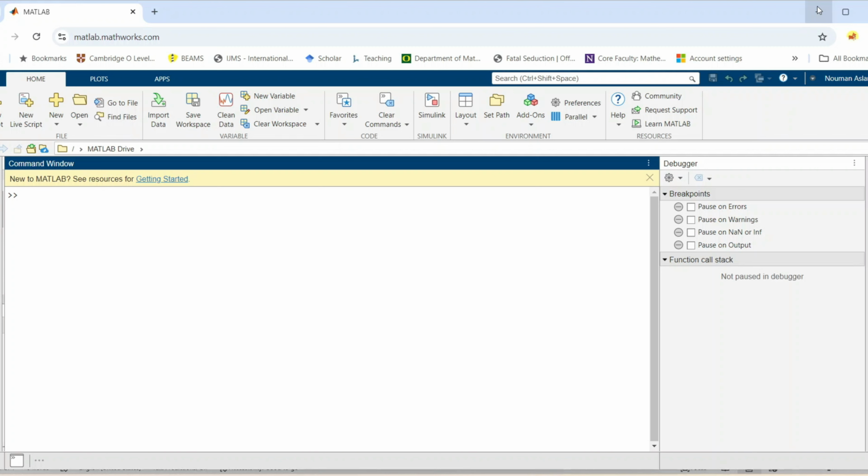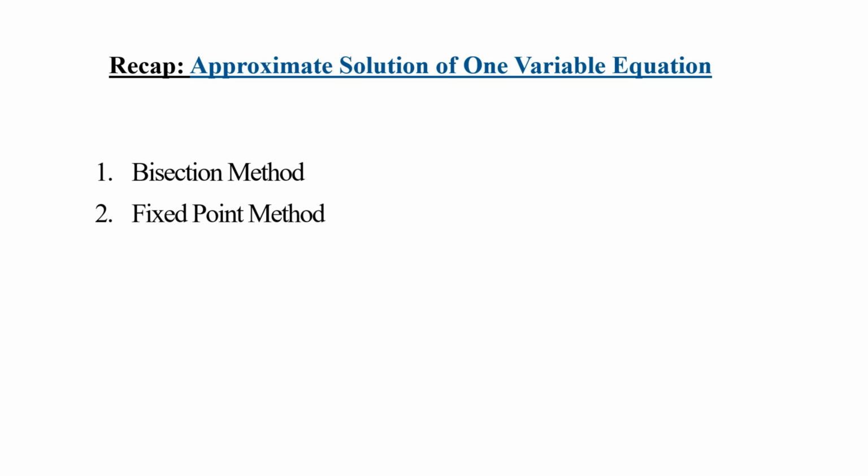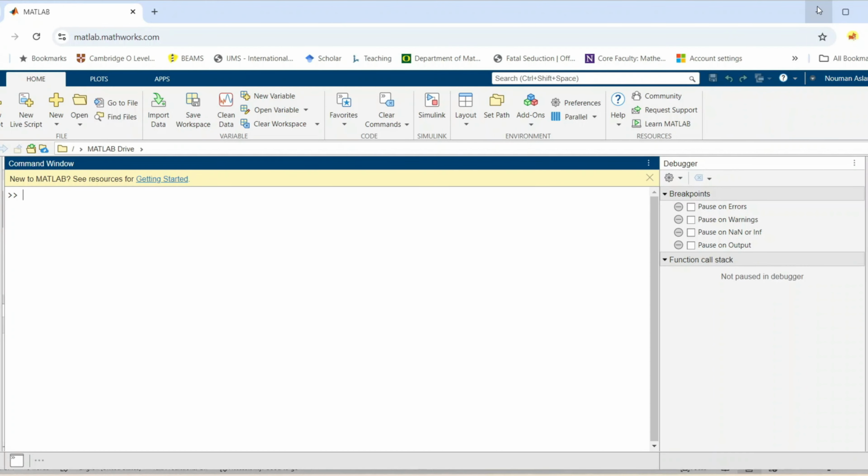Methods. And just a quick overview of what we have done yet. We have done our first topic, which was the approximate solution of the one variable equation. So we have learned the methods, namely bisection method, fixed point method, Newton's method, secant method, method of false position. So we have developed the iterative schemes of each of the method. We have seen what are the criteria by which we will be able to get the solution with each